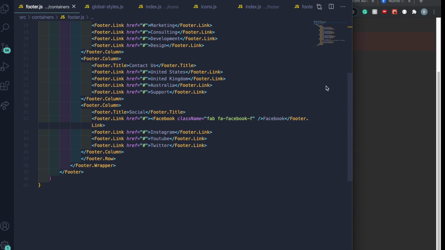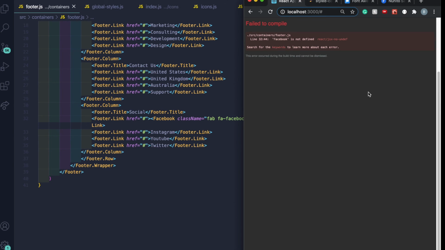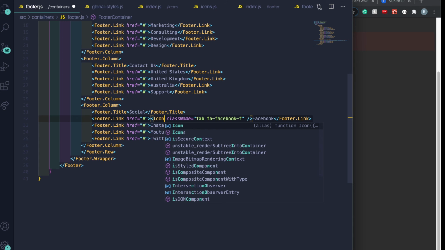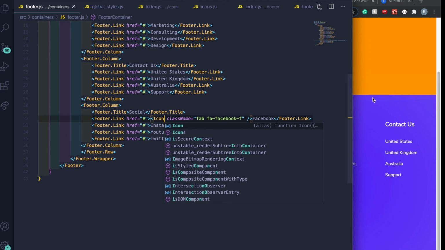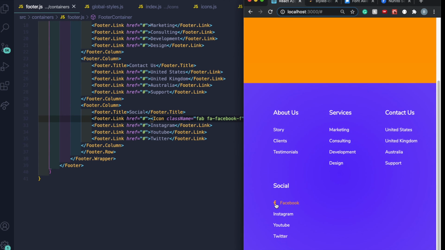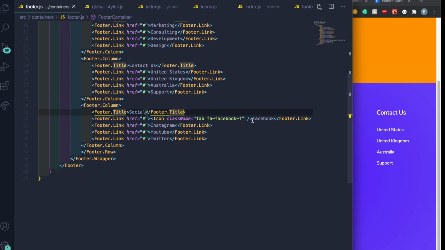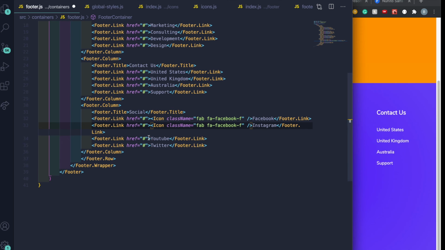Let me see. It's saying Facebook is not defined. Let's see. Oh, of course, because it's not a Facebook, it is an icon. And let's save that again, make sure everything's good. All right, perfect. Now we've got a little Facebook icon. So now if I scroll it out, you can see it. So basically we'll just rinse and repeat this. So copy these tags here, and then boom, in the YouTube, and then the Twitter,